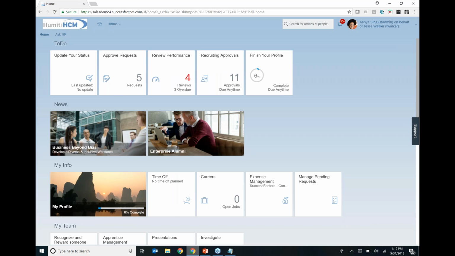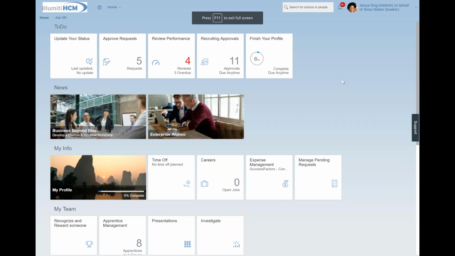I'm going to go full screen in just a moment so you can have a larger view. But before I do that, I did just want to point out that this is just a web page. So I'm in, I believe, Google Chrome, although we do support all different browser versions. And I'm just at a basic website. There's no special software or executable client that I needed to download and install.